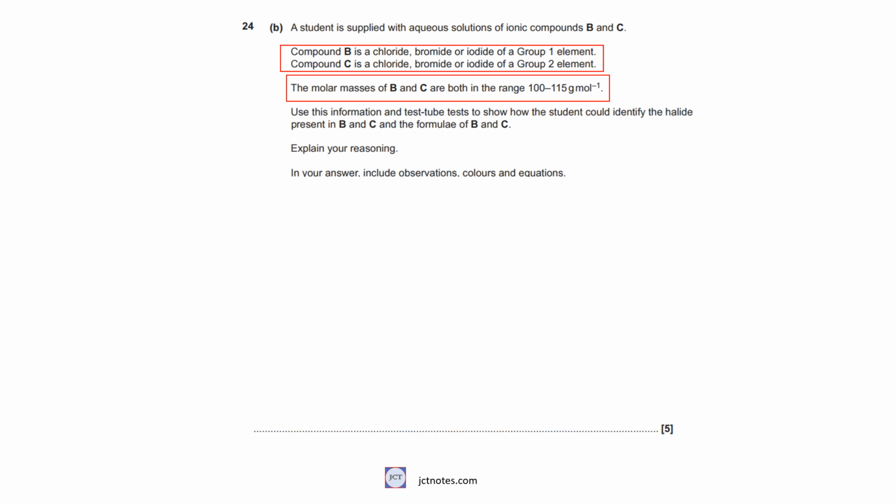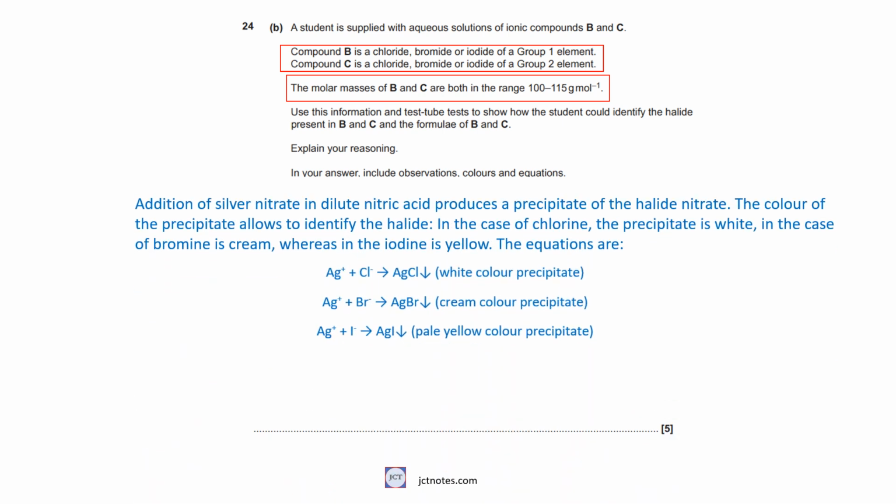A typical identification of halides involves the addition of silver nitrate in nitric acid followed by addition of ammonia. Addition of silver nitrate in dilute nitric acid produces a precipitate of the silver halide. The color of the precipitate allows us to identify the halide. In the case of chloride, the precipitate is white, in the case of bromide it is cream, whereas in the iodide it is yellow. In practice, these colors can be difficult to differentiate between each other, and there is a second step